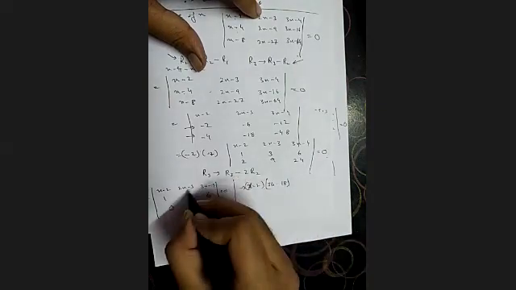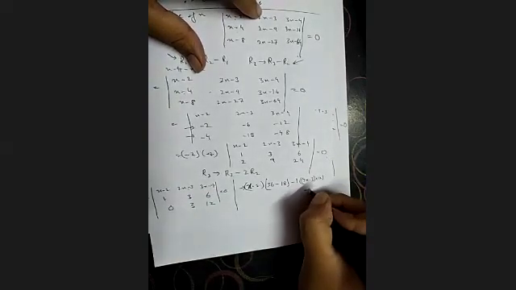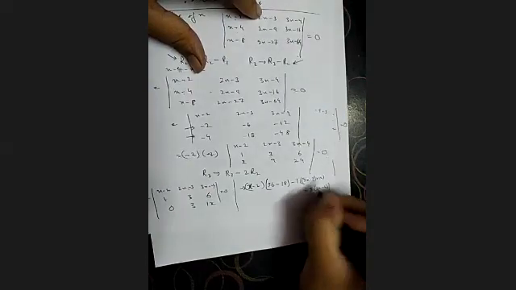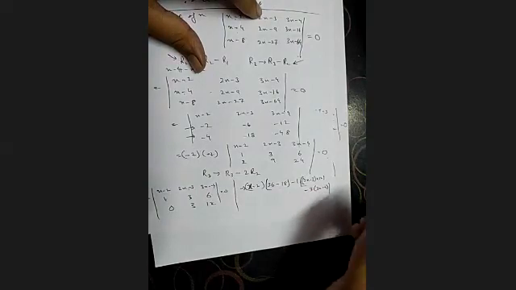Then minus 1 into, removing this row and this column, 2x minus 3 into 12 minus 3 into 3x minus 4. 36 minus 18 will be 18. So we got x minus 2 into 18 minus 2x minus 3 into 12 minus 3 into 3x minus 4, equal to 0. Divide the whole equation by 3.